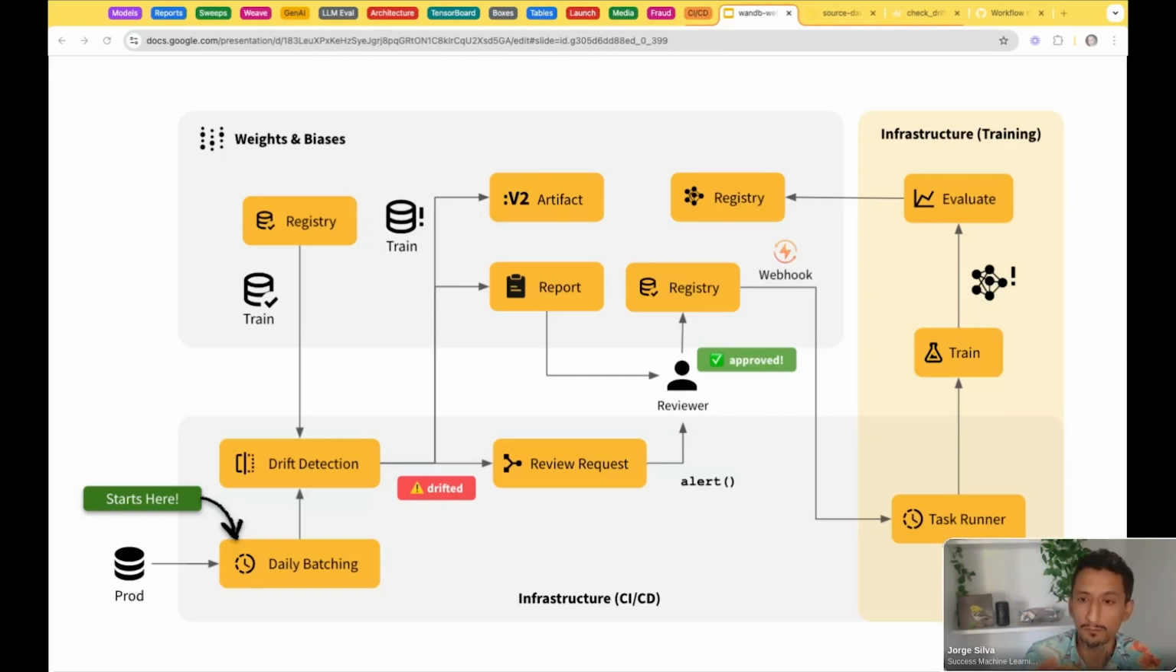So this is the end-to-end workflow that we'll be walking through today. It is based, as I mentioned, on a real example from one of our customers. Starting from the bottom left, we have our daily production batching job, which is collecting data from live production interactions with the model. We have that feeding candidate datasets for training to our drift detection model, which simultaneously